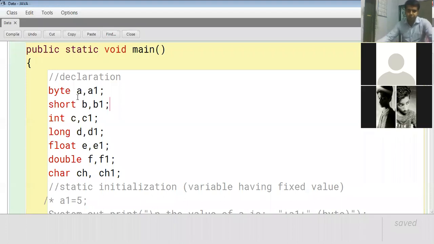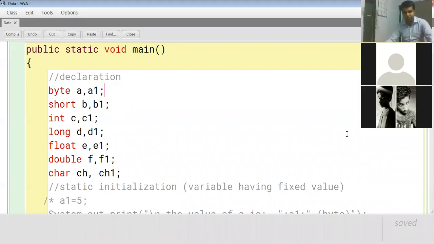Then you have the integers. Integers deal with whole numbers, and you have the floating point numbers which deal with decimal numbers.